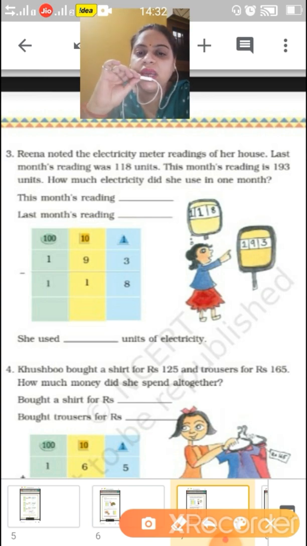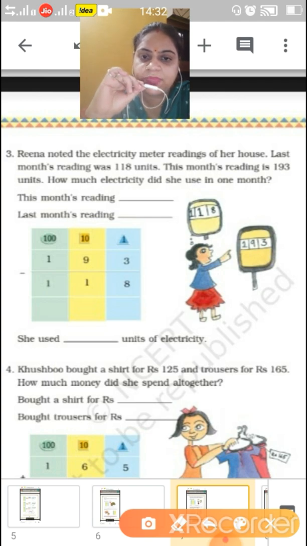Now come to next. You have to do these questions in the book only. You do not need to do them in the fair notebook. These questions you will do in the book only. Understood? You will put the date on each and every page, and you will write date and CW, and do it in the book only. Now come to third question.